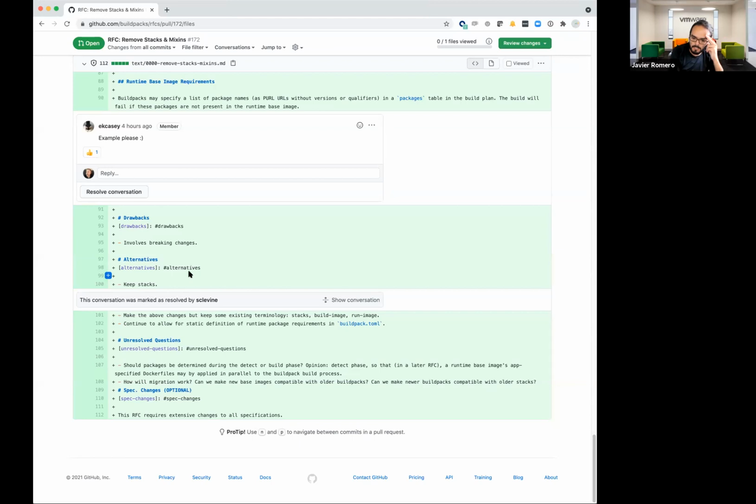It seems like some of this definitely plays a part in that. So I am curious, at a high level, what the expectation or the form of moving forward looks like in regards to stack buildpacks as a whole.